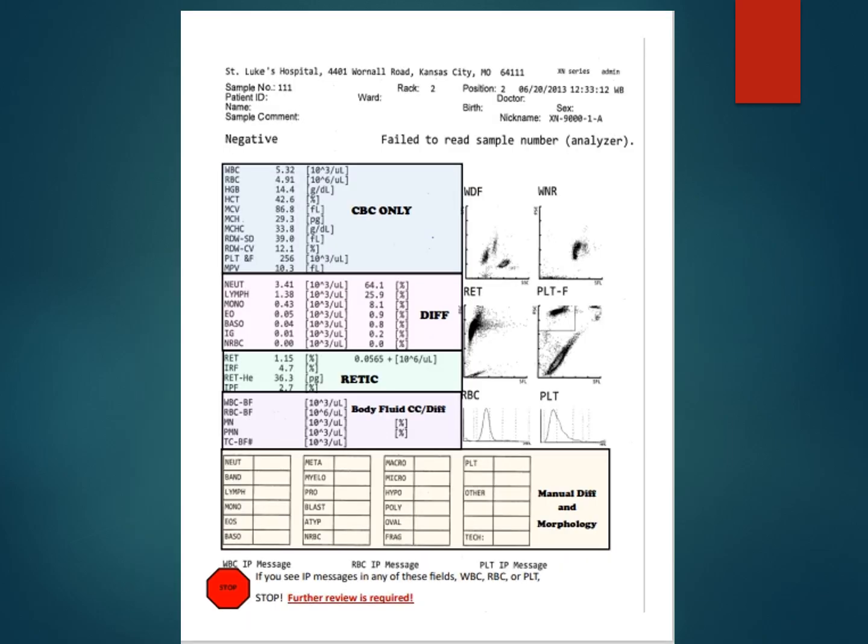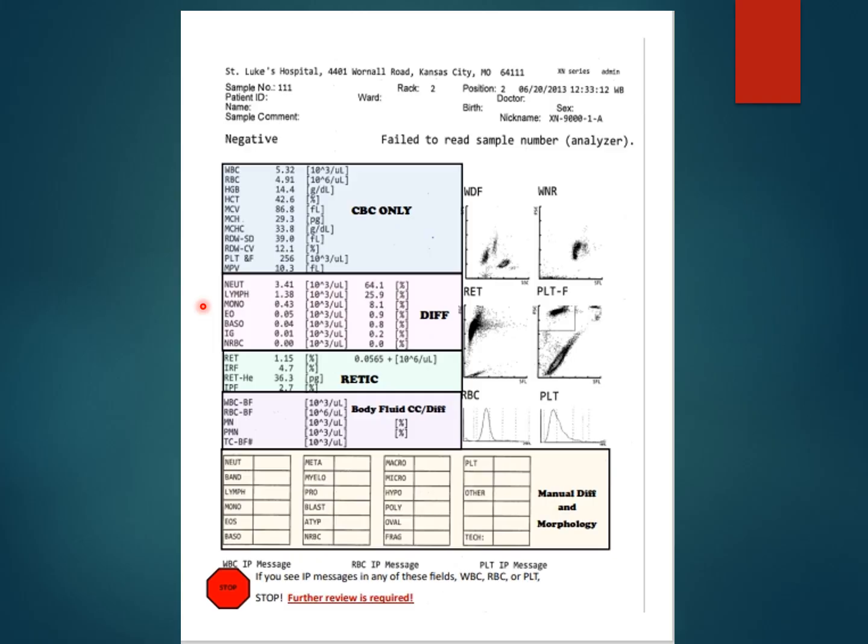And again, I have already shown you the anatomy of a CBC. We've got our white blood cell, our red blood cell, hemoglobin, hematocrit, and then our red blood cell indices. We then have our platelet count and our platelet volume. This next half is a portion that is in pink that is labeled diff. Really, it is the portion of the CBC and differential that we're looking at with regard to the white blood cell